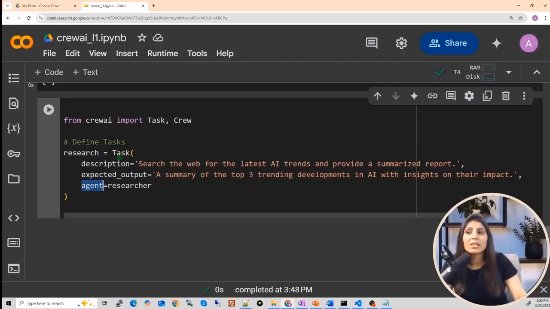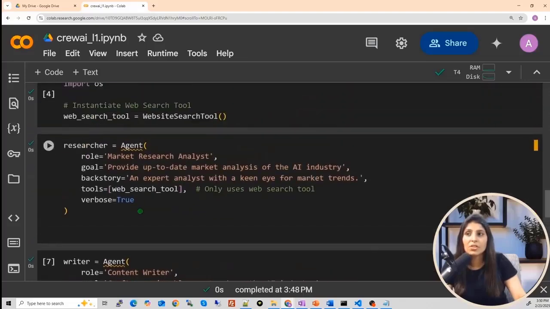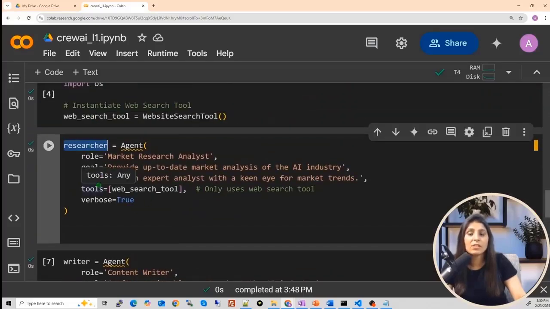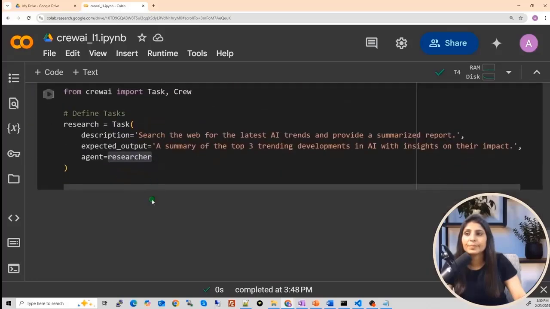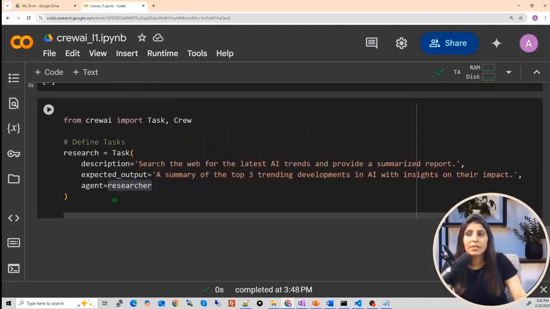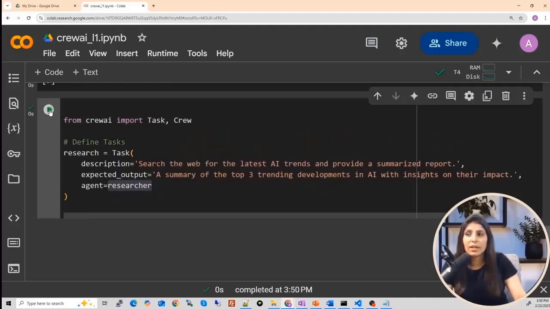We are assigning the researcher agent to this task. So where is the researcher agent? Here we have defined the researcher agent. The researcher agent will use this tool. Okay, so this is the first task. Now let's run it. Now we have to define the second task.